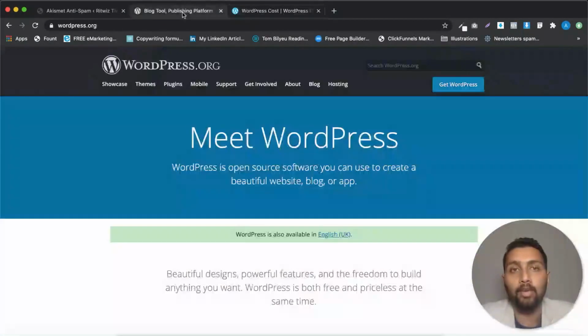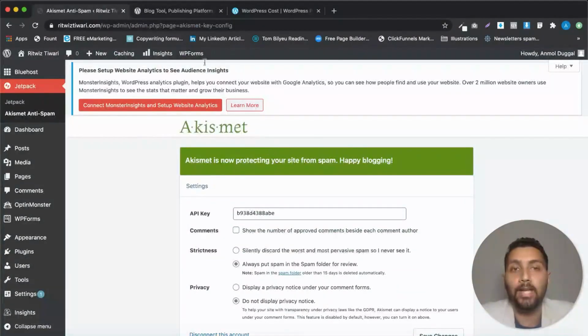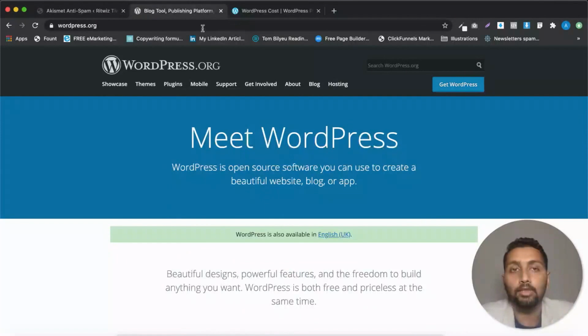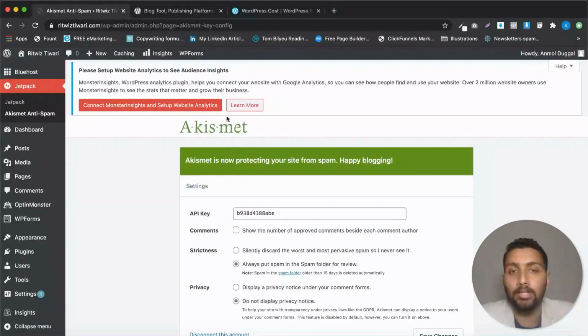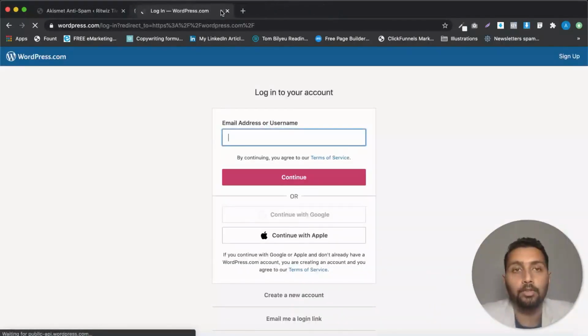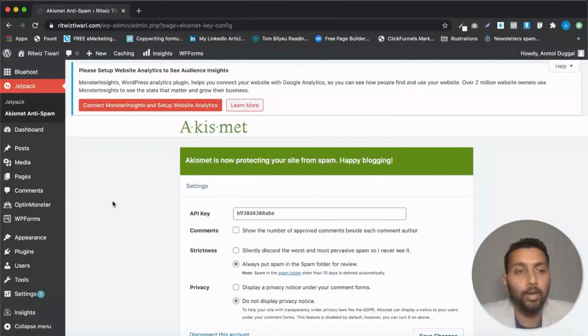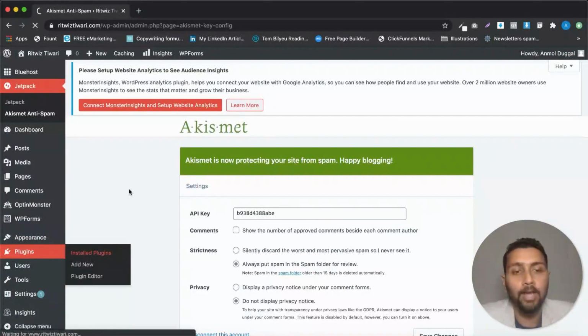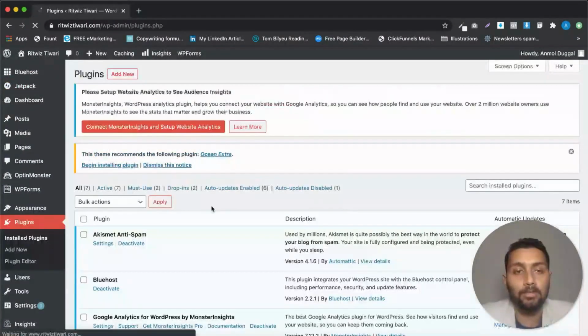And when I talk about WordPress.org, this is the WordPress that has been installed on your hosting by the Bluehost company. So this is what we are using, WordPress.org. But the account that I talked about, the Akismet and the Jetpack plugin, they are controlled by WordPress.com. So this is the platform where if you log in using that ID, you can access those plugins as well. I'm not going to do that for now because it is not required. Let's head back to plugins and let me show you some other options that we have.